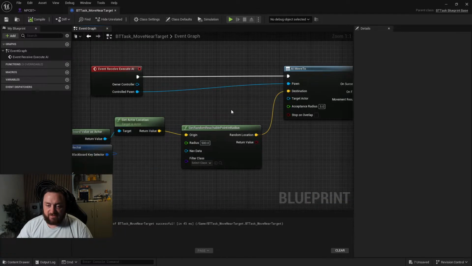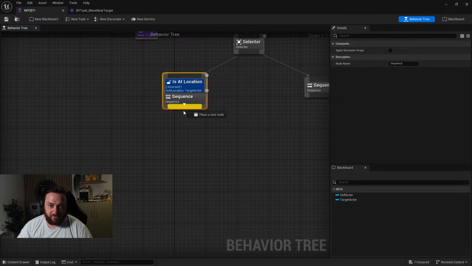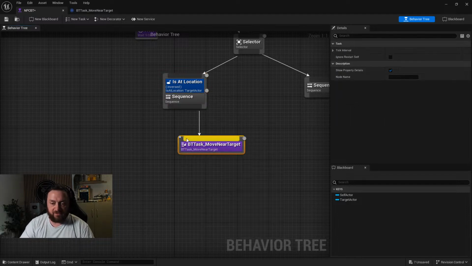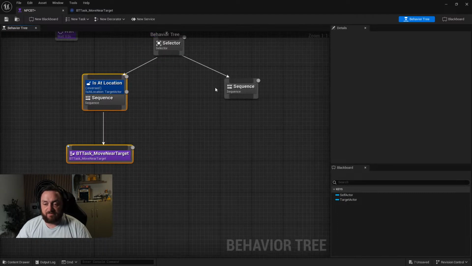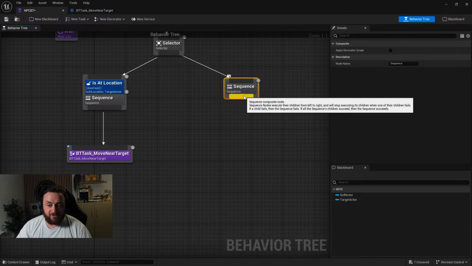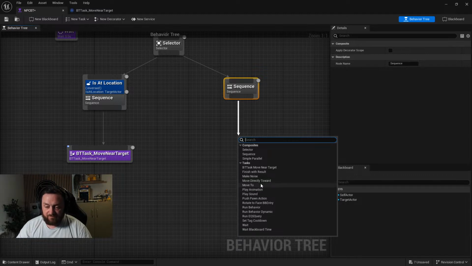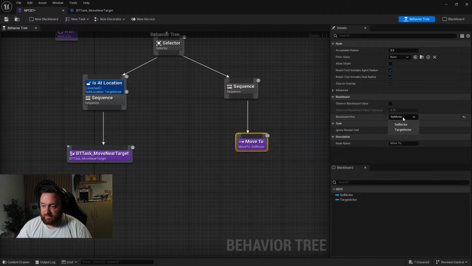So this one is going to run towards a random location near us. Okay, so we want that one, move near target. However, if we are at the location of the target actor, then I want to do this one, which is move to the target. So I can just do move to and just put in target actor. Okay,